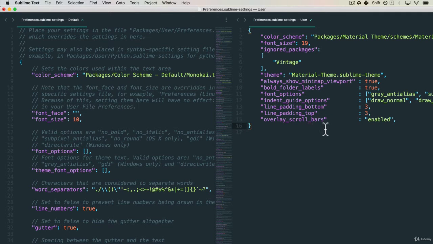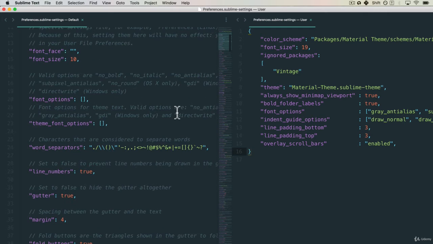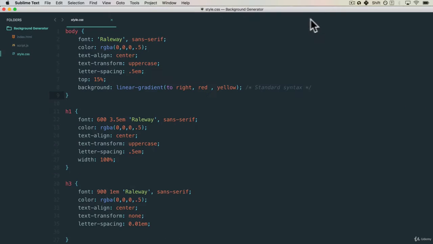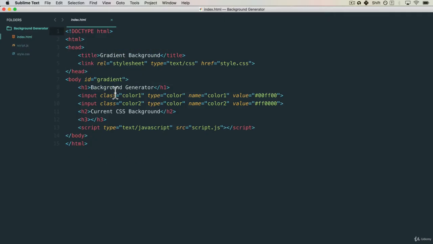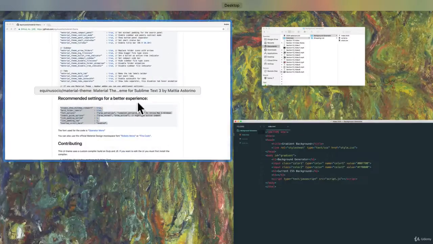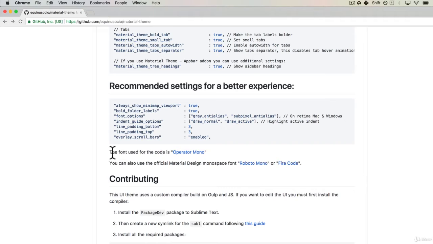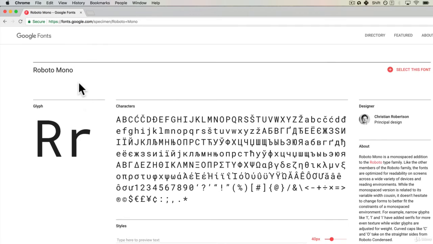Let's save that. Some of the themes have changed. Awesome. I'm going to close this and all right, things are looking a little bit nicer. What else can we do here? You can actually also change the fonts. If I download something like Roboto Mono, which is a Google font, if you remember, we just have to click